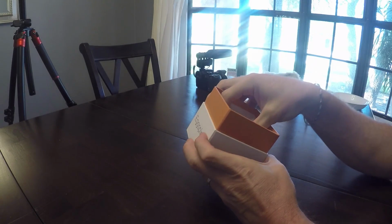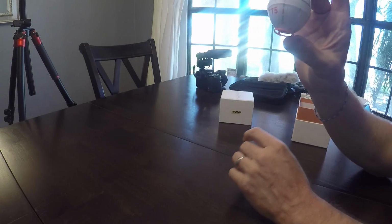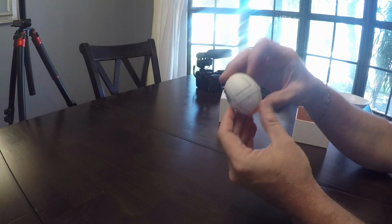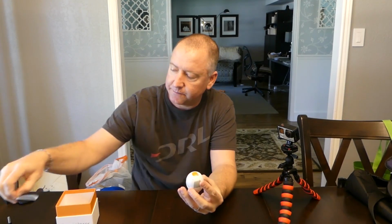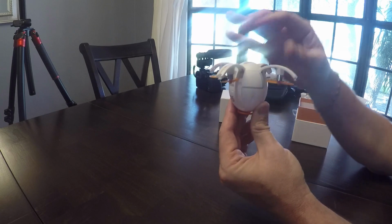So this box with an egg comes from TDR, and it is actually not just an ordinary egg. This egg is actually a little quadcopter that's in the shape of an egg. Now, when you pull it out, it has a clear rubber band around it that keeps the arms in. But when you push down on the bottom button here,